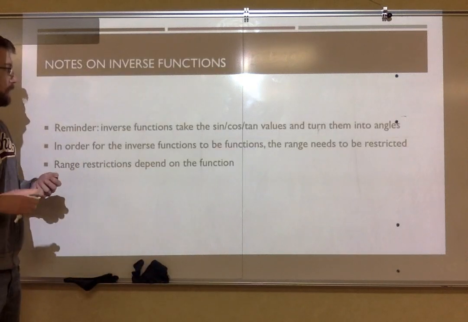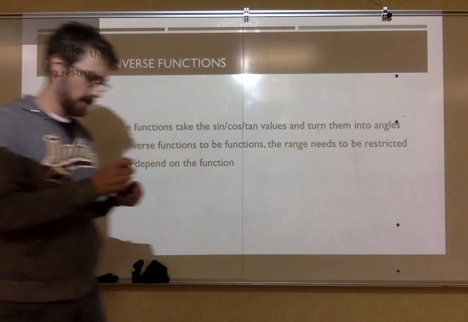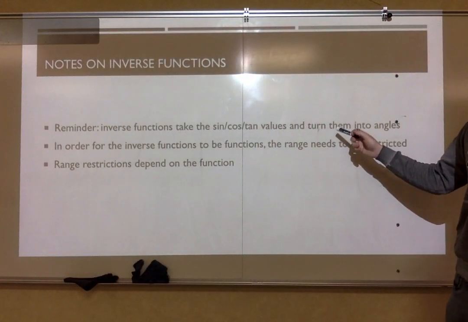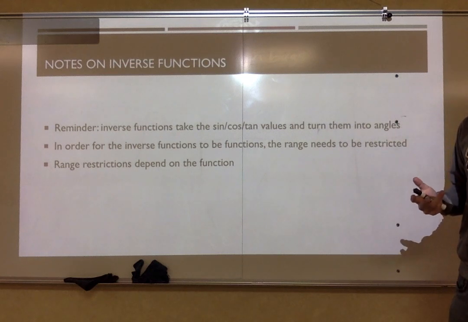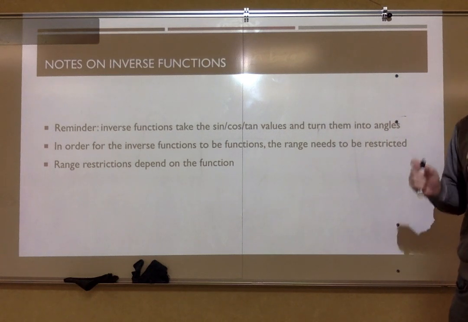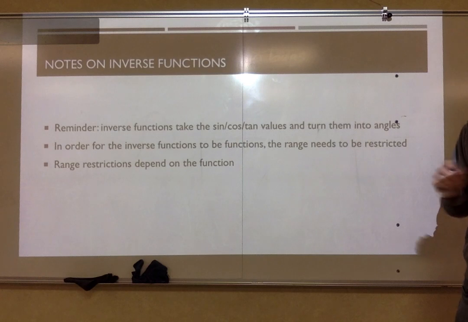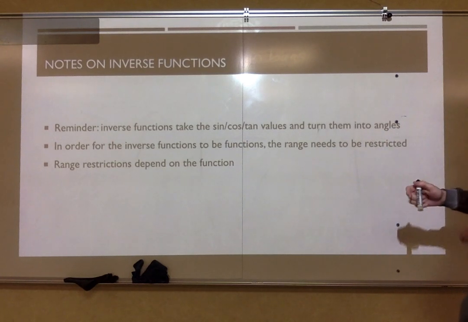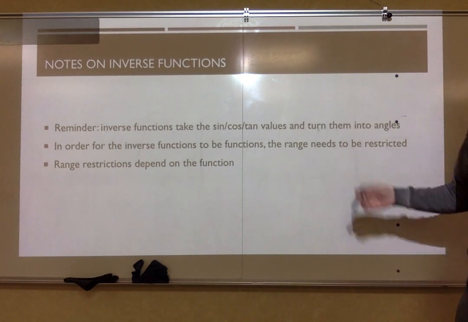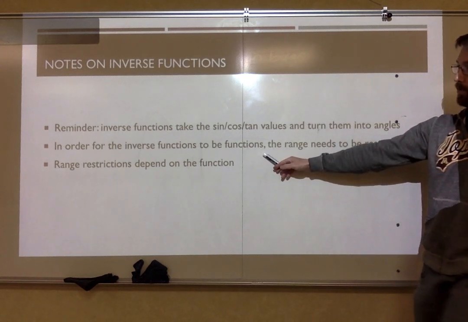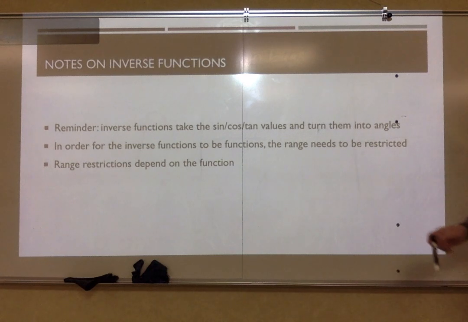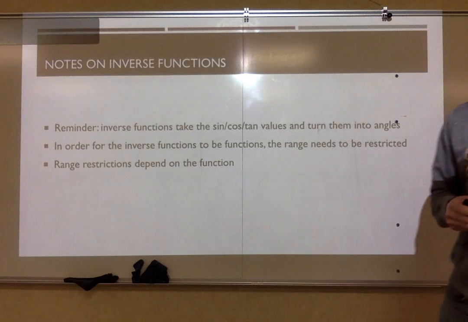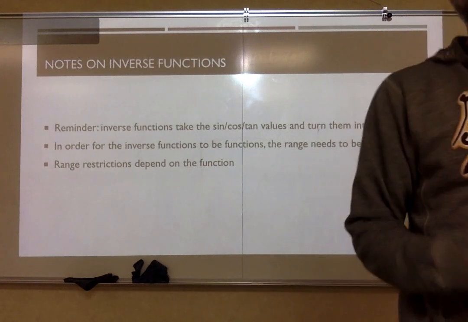Okay. So just a couple little notes on inverse trig functions. Remember that what these actually do, a sine function takes an angle and gives you a sine ratio. The inverse takes that ratio and gives you the angle that's represented by that ratio. So it's basically using the unit circle backwards. Again, in order for inverse functions to be functions, the range needs to be restricted, and that range restriction depends on the function. So going through each function,